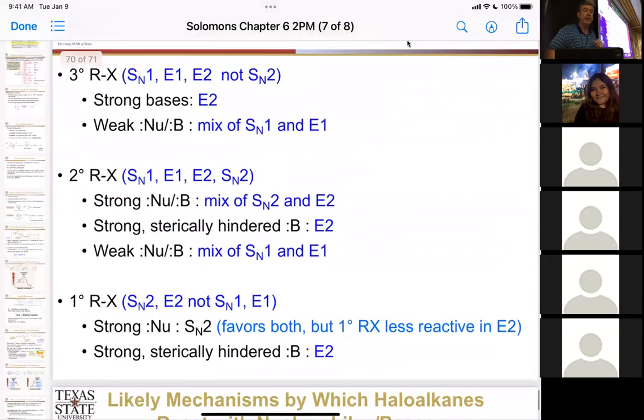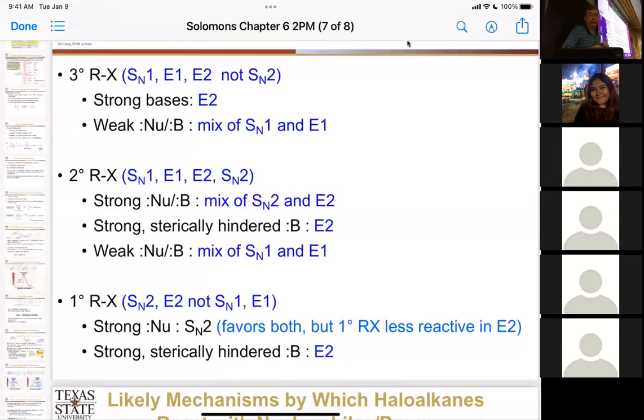Okay, as we know, tertiaries can't do SN2, right? Because there's no room for the nucleophile. But it can do SN1 and E1 because it can form a carbocation. Tertiaries form great carbocations. But it can also do an E2, okay? Because we're not worried about the alpha carbon anymore. We just see how sterically hindered the beta carbon is. And the beta carbon's 1 over, so it might not be hard to get a base in there to pull that off. So that's why tertiaries can do SN1 and E1 in competition usually, because of the carbocation, but they